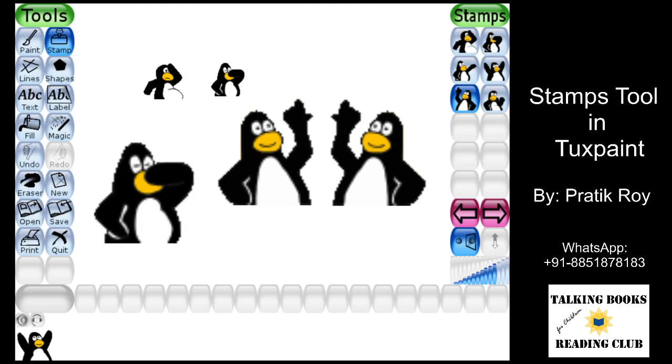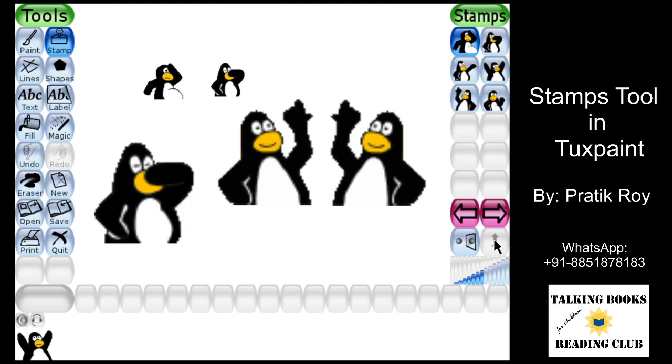Similarly, you can turn them upside down. So if I use a tool, I should be able to turn them upside down, but it is grayed out here, which means the upside down feature is not available for these penguins. So you can be sure about the tools which get enabled or disabled depending on what you've chosen.